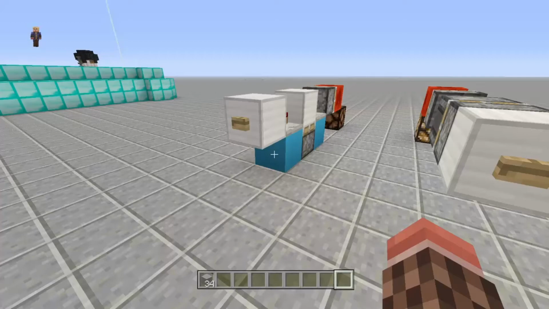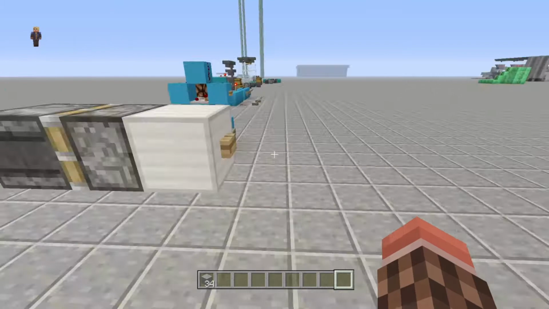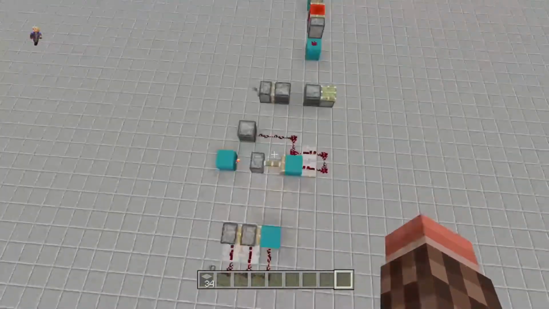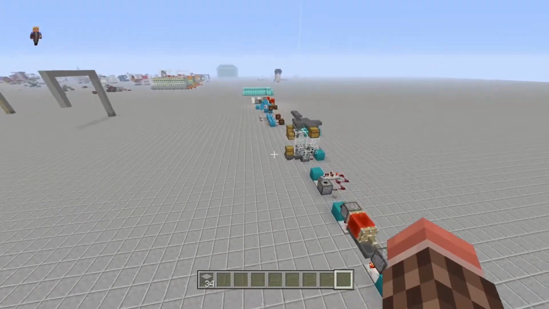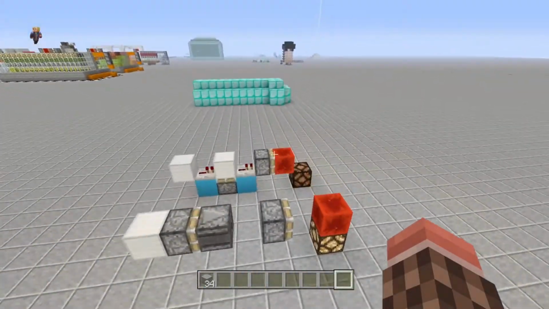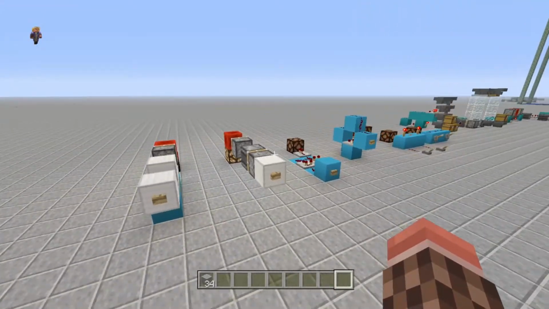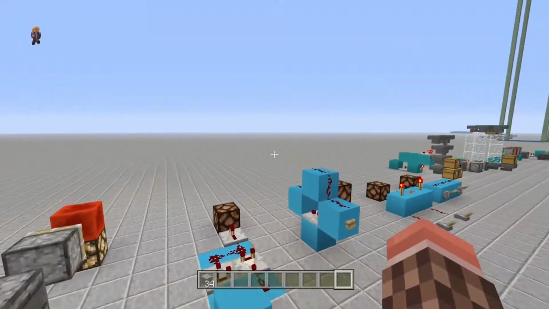Hey guys, it's PS-Redstoner, and I'm back with another video, and it dawned on me that whenever I'm explaining how a contraption works, or whenever I use certain phrases, you guys may not understand that. And so here is a video that will help with all of that with 10 basic redstone components you need